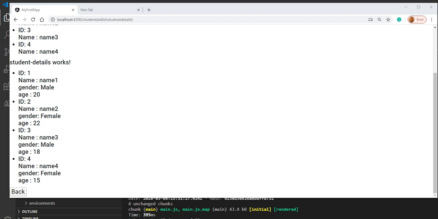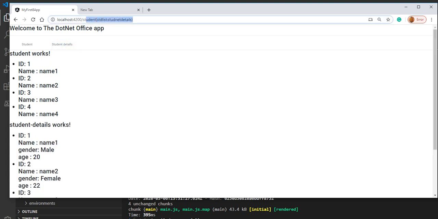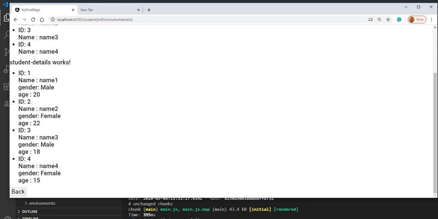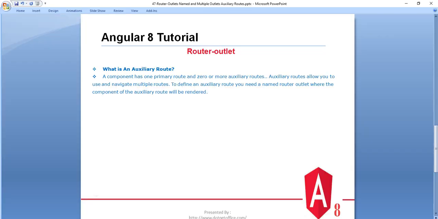If we scroll down, we can see the back button. When I click on this back button, it will go to the student page. See, when I click on the student detail, the path is different. It is basically an auxiliary routing, and when I scroll down and click on back, it goes to the student page.